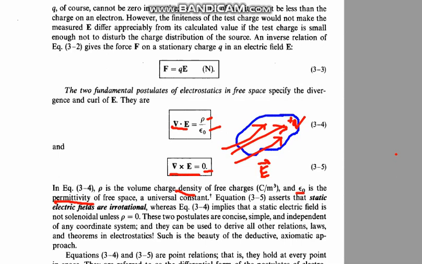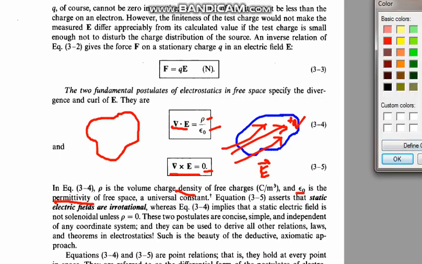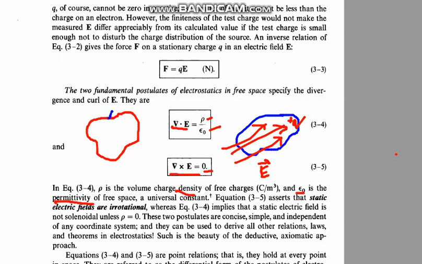Curl means the direction. If the electric field passes through a direction like this, I have made the color like this. Just look, if the electric field passes through a certain loop, if it starts at this point and ends at that point, the total electric field loss, or the force, known as electromotive force, EMF, will be 0. It's like KVL, Kirchhoff's voltage law.